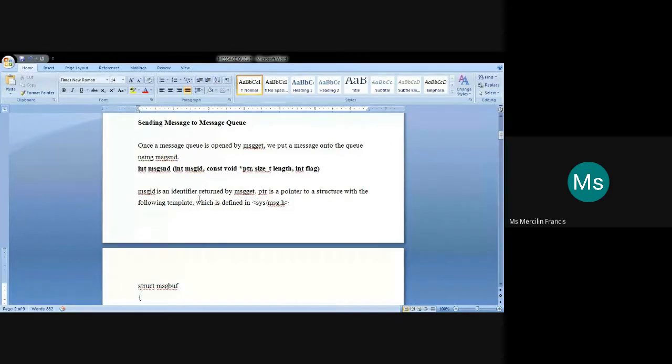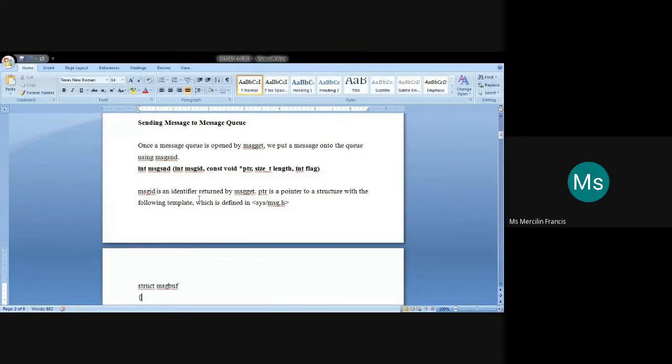For end processes, you will have a sender process and a receiver process, and you need to communicate. Pipes are used to communicate between the sender and the receiver. Here we are making use of the message queue, where the msgget function will be used in order to create a message queue.